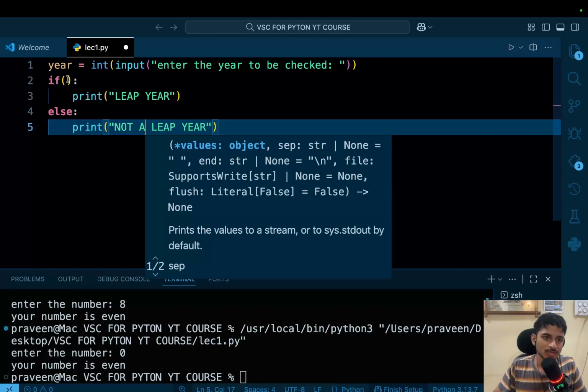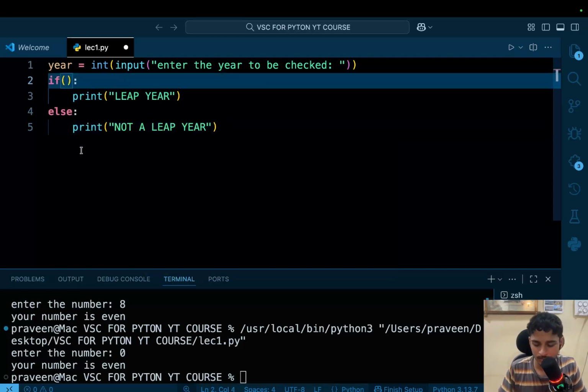So what is this condition to check whether a year is a leap year? A leap year should be divisible by 4 and not divisible by 100, or it should be divisible by 400. So in between there is an OR clause. So we will first put in OR, with one condition on the right side and one condition on the left side. Right. Okay,